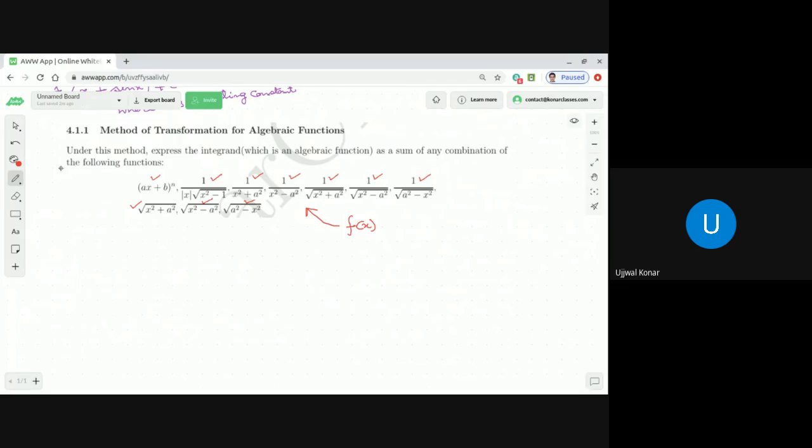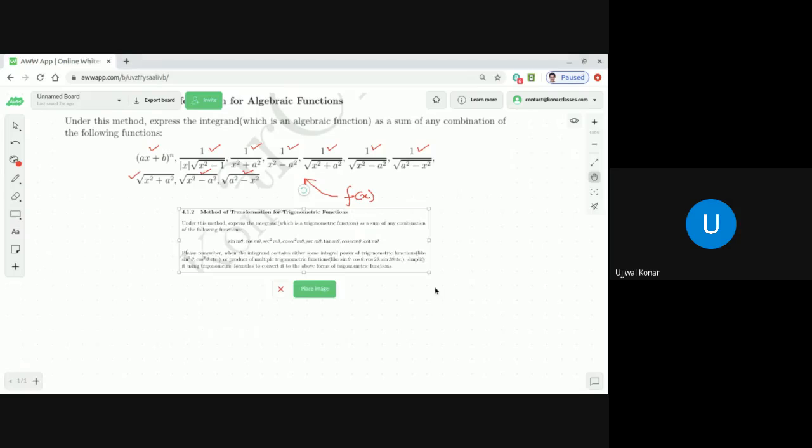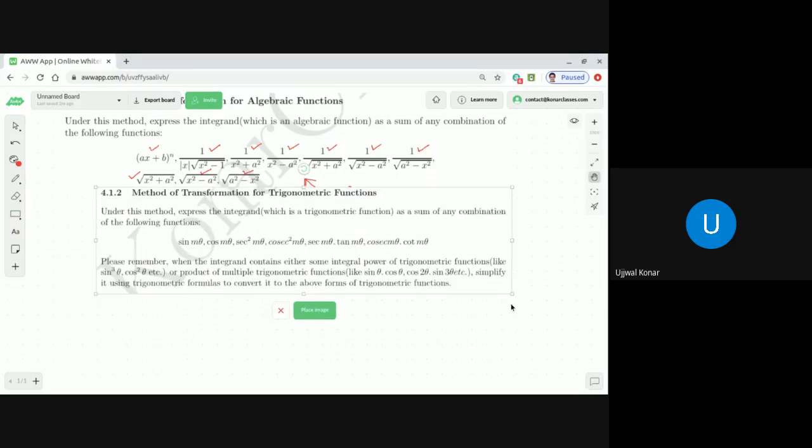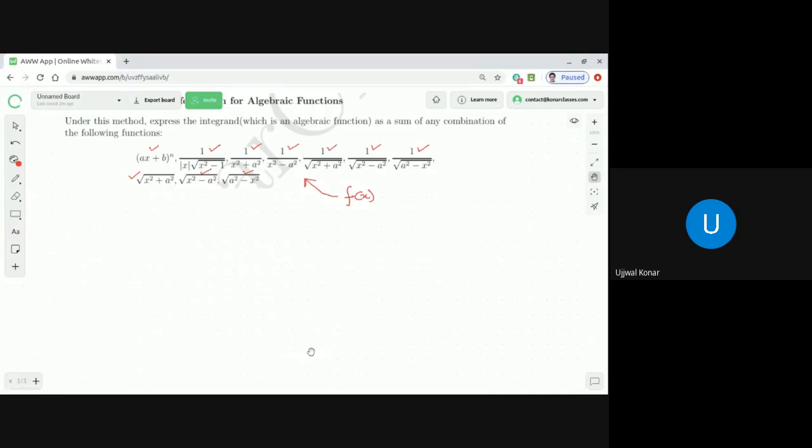Okay. So now, the next one I am going to tell you is the method of transformation of trigonometric functions. How we can transform the trigonometric functions. So here, I'm going to show you the material first. So in the method of transformation of trigonometric functions, what you do, dear students, is that here, under this method,